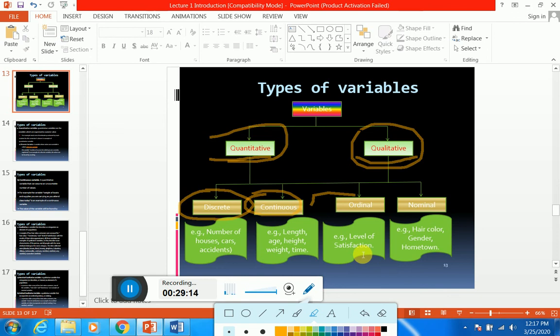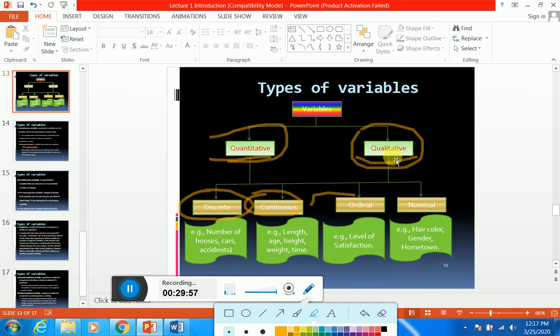Let's suppose you want to make a survey about Samsung mobile, to find out how many people are satisfied and how much satisfied they are with the Samsung mobile or cell phone. Now you make a question: do you feel satisfied with Samsung? The options are: highly satisfied, most satisfied, less satisfied, not satisfied. All these are clearly known as an order. So such a variable where we have an order or rank is known as an ordinal variable.